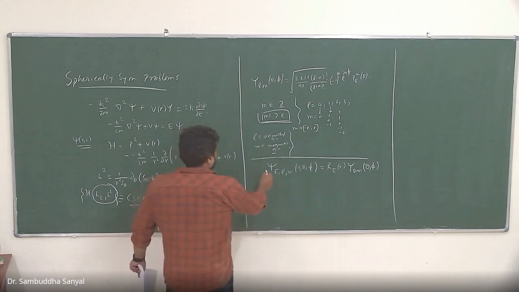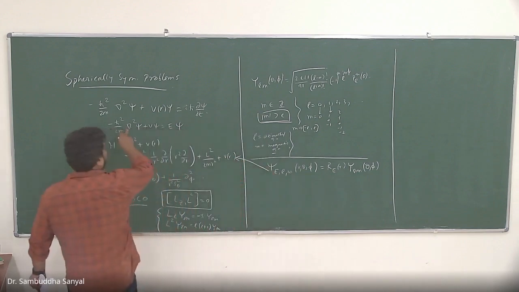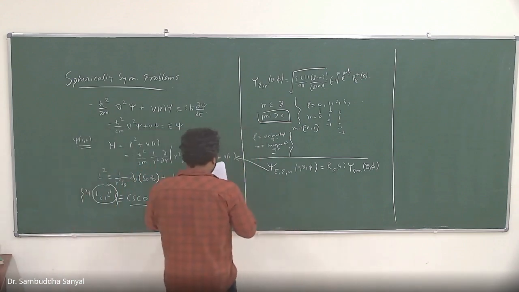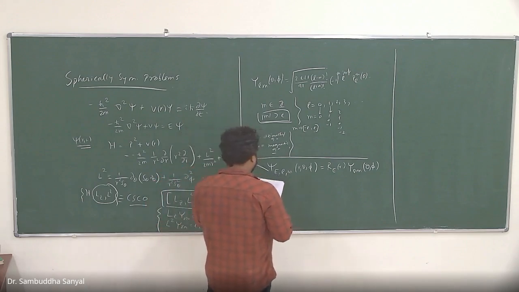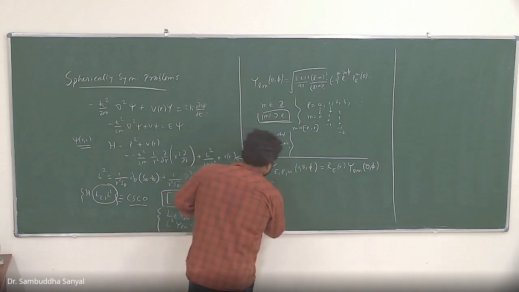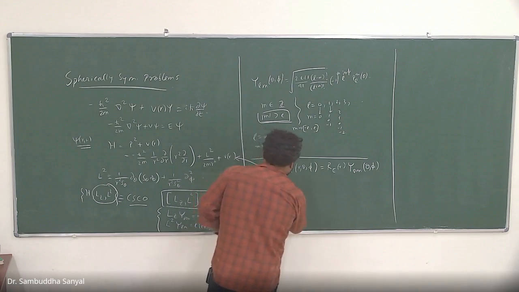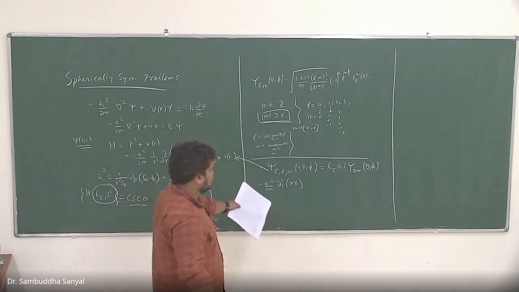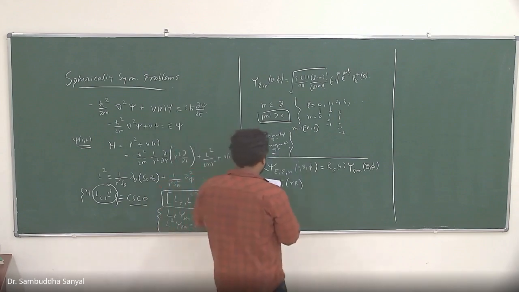Okay, so now I plug this thing into this form of the Hamiltonian and this equation. If I do that, what I get is, I also wrote this down last time, so I need not write it again. I get this form. This is just a different way of writing things. Del R squared. There is one small calculus and algebra step involved, which allows you to write it in this form. I described it last time. I'm not repeating it again.